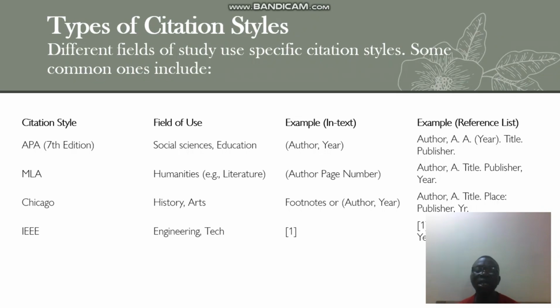You understand, the title and the publisher follow. So this is what we mean by the types of different citation style. That is APA. Okay, and if you are using the other ones, you have them here as well. For those in humanities, that's the literature, they use more of the MLA. Okay, and then those in history and art also use Chicago, and then you also have the IEEE, that's the engineering and technology, they make use of that. All right,